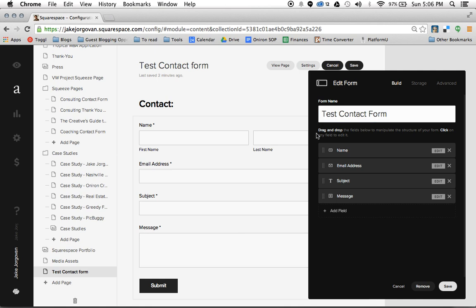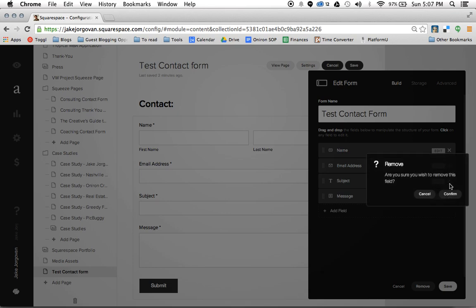And then we have the ability to come down here and customize the form. By default, it's going to automatically ask for your name, your email address, your subject, and your message. Well, maybe we don't really want the subject. There's no real need to put that within the contact form. So if you wanted to, you can simply hit the X button right here,